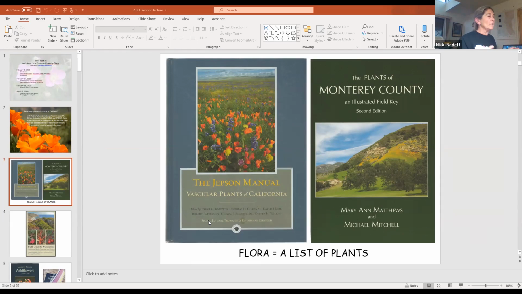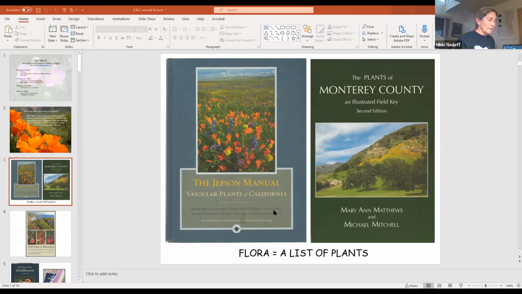So the Jepson manual, literally a 2.5 inch thick book with very thin paper and very small writing, at the time of its publication in 2012, listed every single plant in the entire state that was known. And locally, we're very lucky to have a flora or a list of plants that is focused on Monterey County. The Monterey County Illustrated Field Key. This was first published back in the 1990s and then revised in 2016 by this gentleman, Michael Mitchell, who